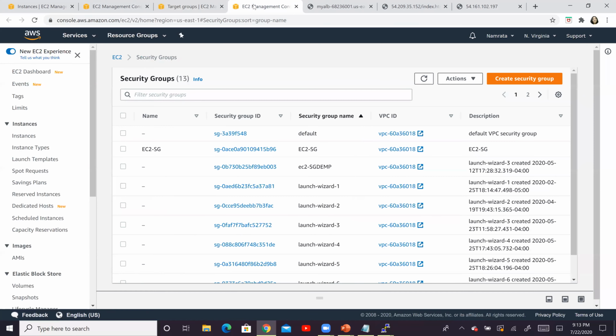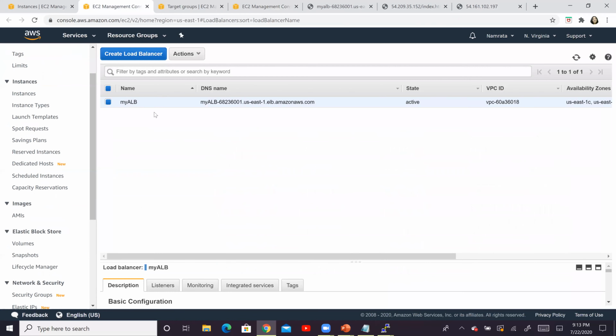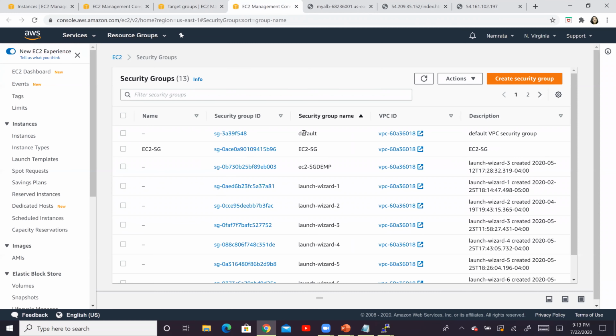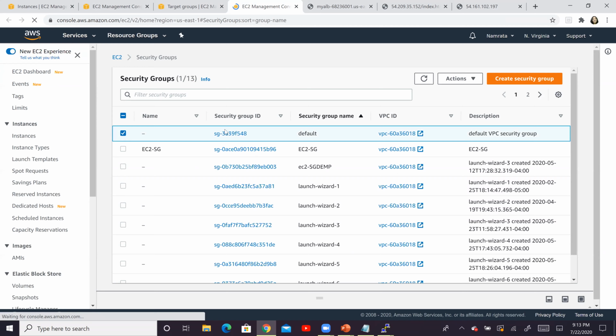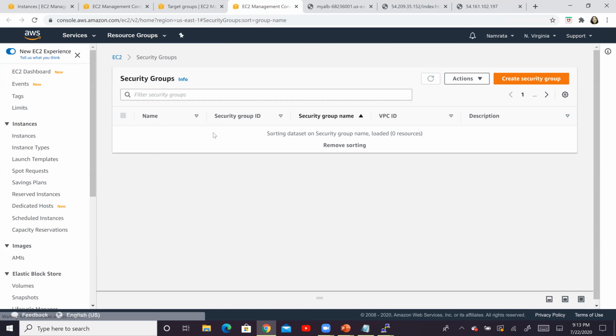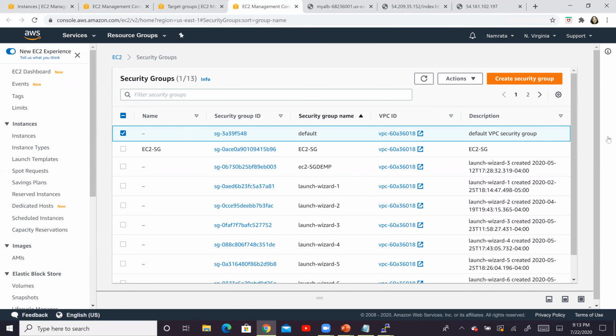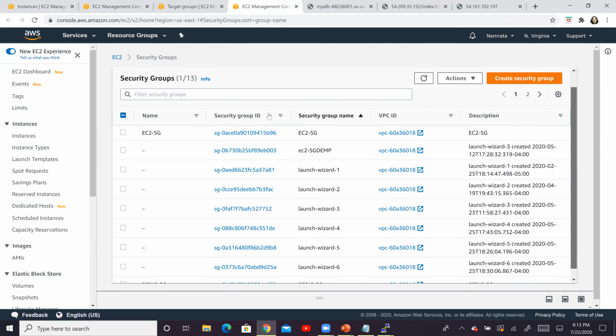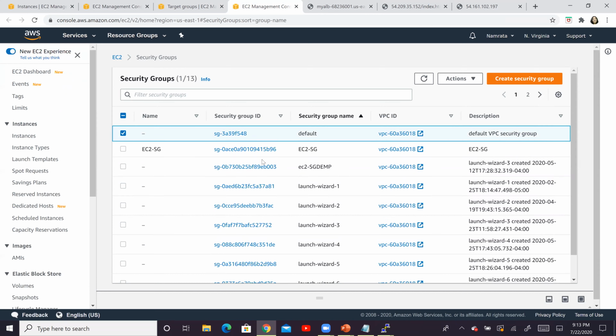And along with that, we have our security groups. For this ALB, I have associated the default security group. This is my default security group that is associated with my application load balancer, and it has port 80 open on it, because we are going to load balance on port 80.